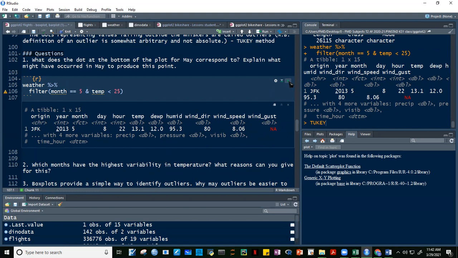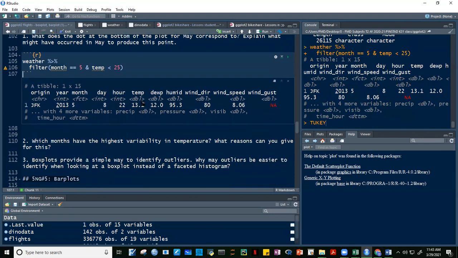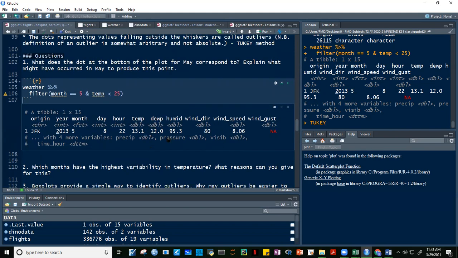Who is the only one with that 13.1 temperature? Only JFK, right? These airports are close to each other, so it's so unlikely, guys. Like LaGuardia and the other airport, they're really close. So how did JFK get 13.1 and LaGuardia did not? You see the point, guys? It's highly unlikely that one airport had this freak of a temperature and yet the other 2 airports did not. Because if it was really the temperature, it would have registered at the other two airports as well. So most probably, guys, this could have been